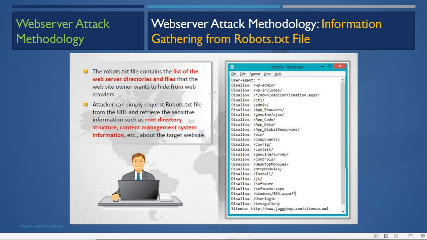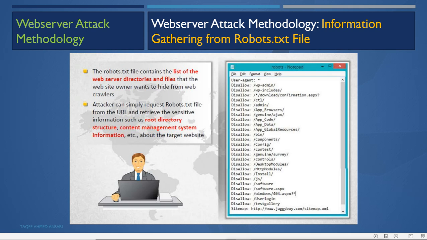When we try to search for something about some sites or some information, those crawlers search the net very fast to find the information. Now what do web server developers do? They try to hide that information. So they put a robots.txt file into the root directory. Whatever crawlers there are, when they crawl the site and see the robots.txt file, they don't go to those directories. They don't crawl the directories mentioned in this robots.txt file.